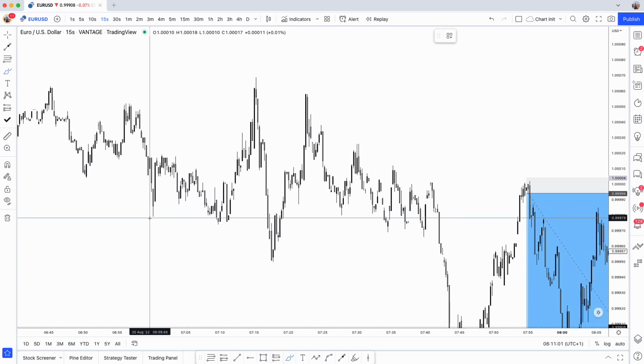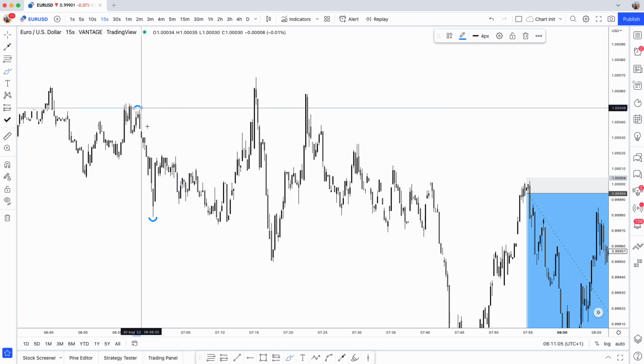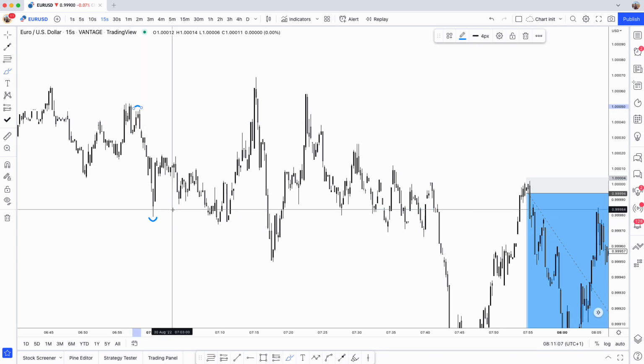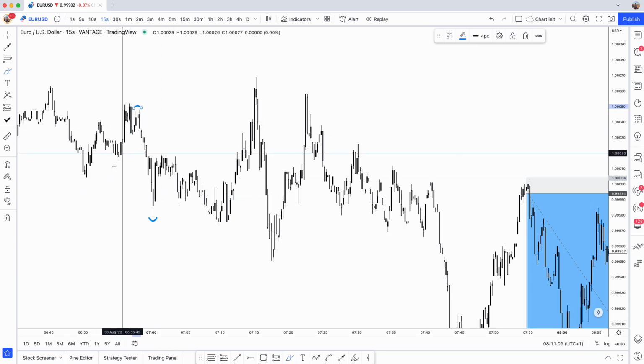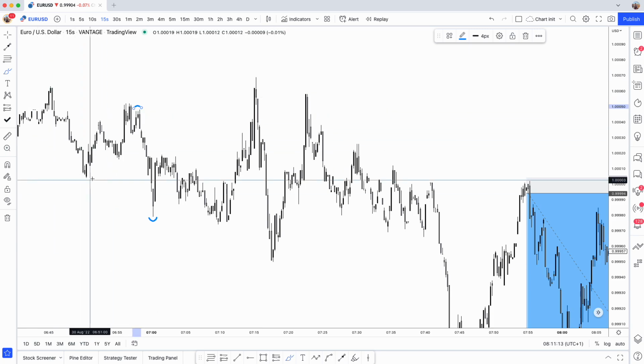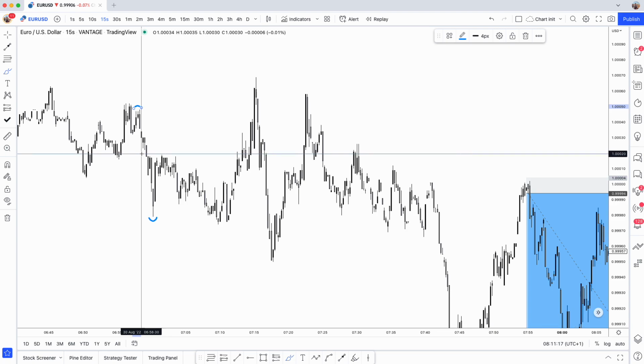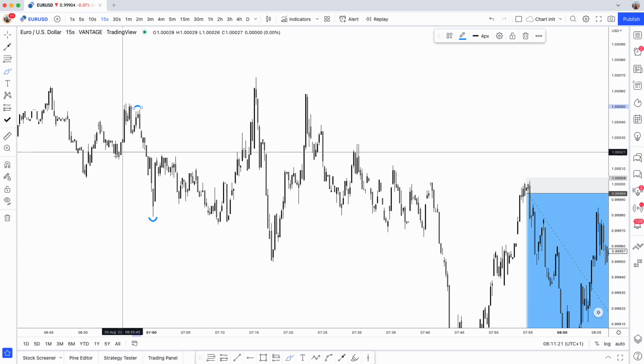So the first thing that we see is obviously a new range. We've got this range low, and that's the first thing that I see. I tend to just look back a little bit. I don't really look for anything before. I tend to look back just to see where the actual major structure is, as you know, because I don't follow minor structure at all.